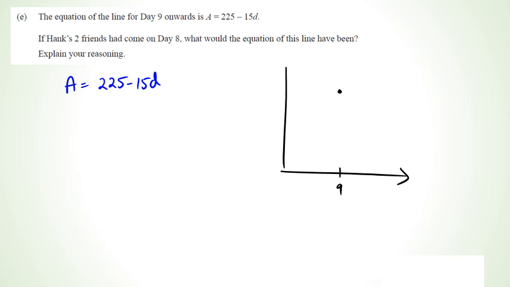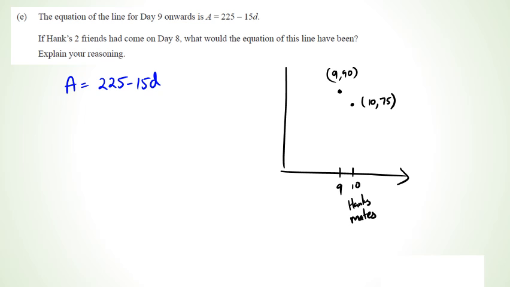Now hold on, let me get that right again. Basically, Hank's friends came on the 10th day, right? So they came out on the 10th day and actually helped him out from day 10 onwards. When it was the 9th day, it was 990. And on the 10th day, it started reducing by 15. So on the 10th day, it was down to, what was this going to be? 1075. Okay, so this is where Hank's friends arrived